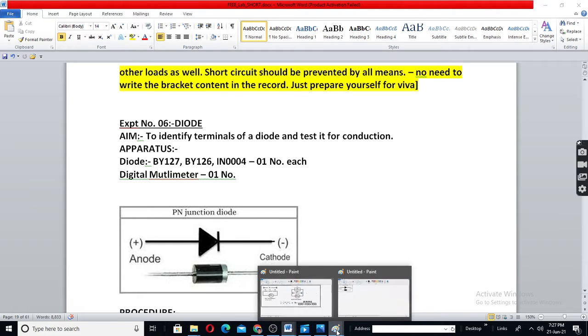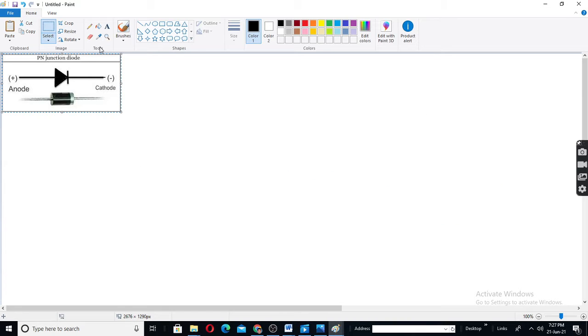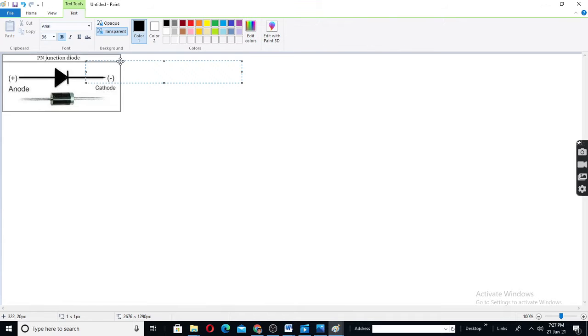Cathode means K. Cathode is usually marked as K, not C. Sometimes it is also marked as C, in very rare cases. So cathode means K, anode means A. Okay.